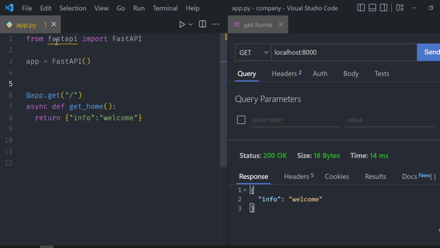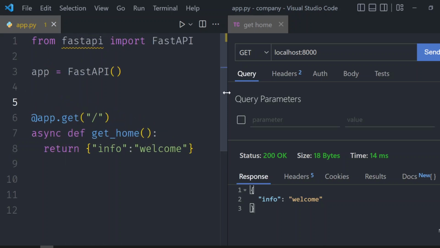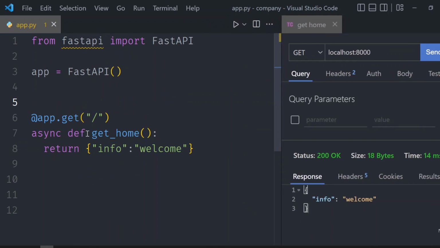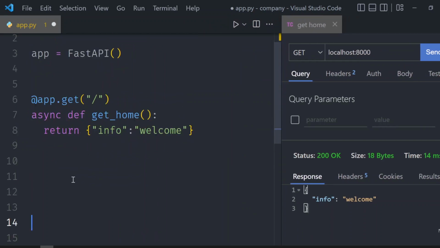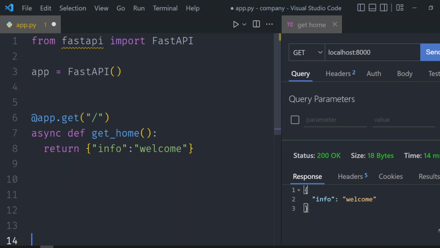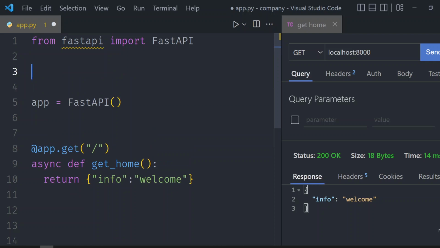If you get this yellow underline here, which is quite annoying by the way, I will show you how you can get rid of it. Just first check the zoom of it, it's good. So to get the yellow underline away from it, you are going to press Control, and then you're going to do Shift,